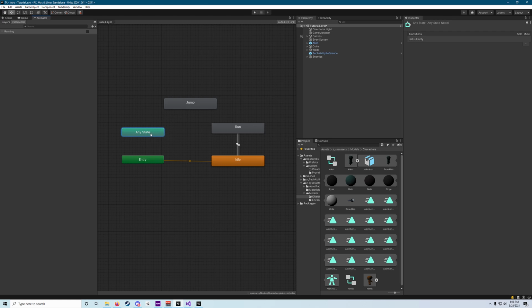To do that, we can right click on the any state node and hit make transition and go up and select jump. And you'll notice when you put your mouse over the jump node, it'll snap right to it. Once it snaps to it, you can just click right on it and that will create our transition. What we want to do then is go to the parameters tab, hit this little plus button, and then select